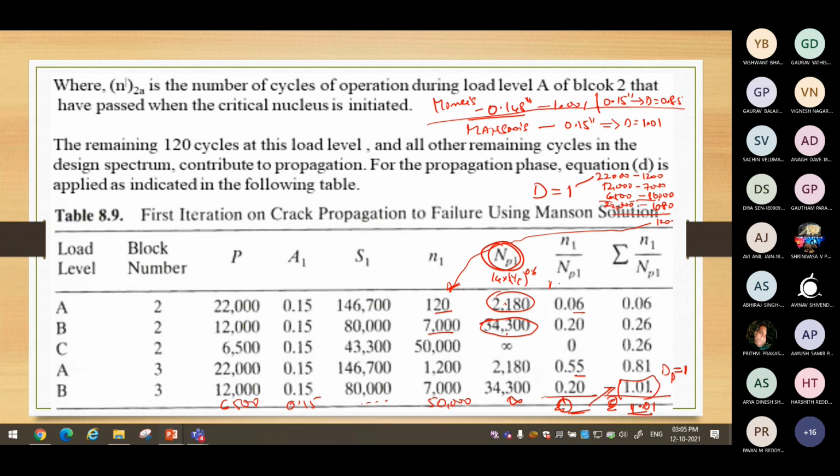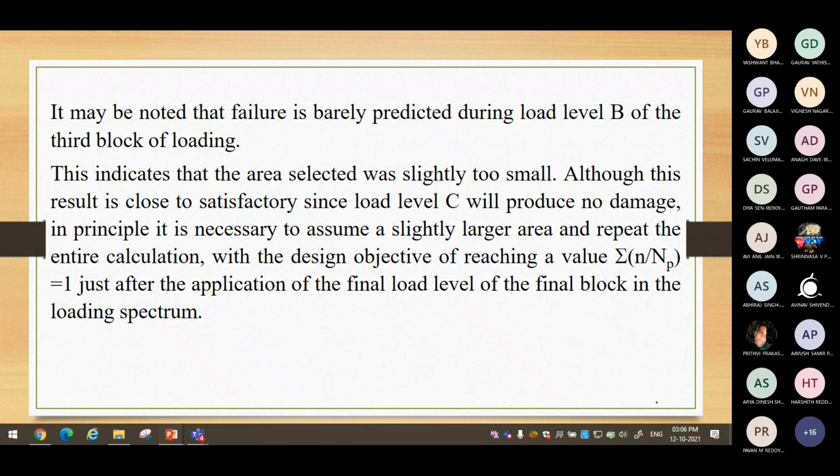Just because the value is less than that, even after here, it doesn't mean that in a practical scenario you can apply the load. Therefore, what does it mean? We can further increase a little bit the cross-sectional area. You can carry out one more iteration with area considering 0.152 inch and do the same calculations again by using Manson's rule and determine the final value. Okay. So this is about the conclusion from the present problem.